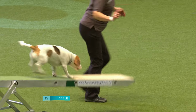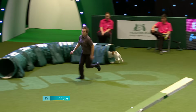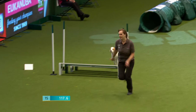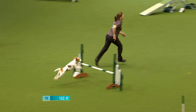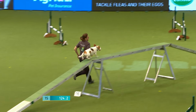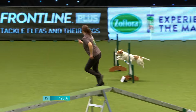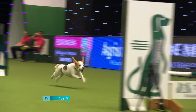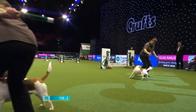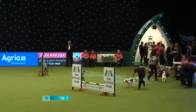Just goes to prove that you can do more than one discipline with your dogs. You don't have to just be an agility dog or just be a show dog. A lot of these will actually enjoy other things as well. Do it really, really well. Doing things very much in her own time is Dottie. And she will hand over to the last member of Newark Beagle Mania,